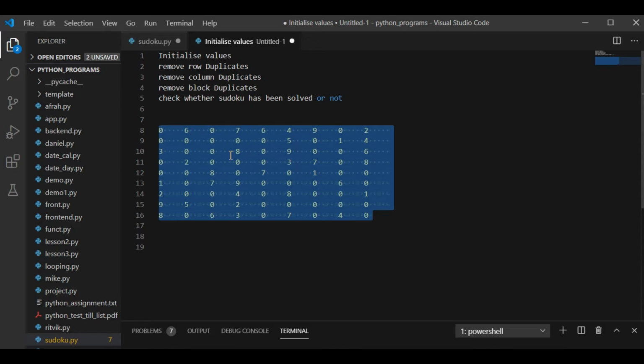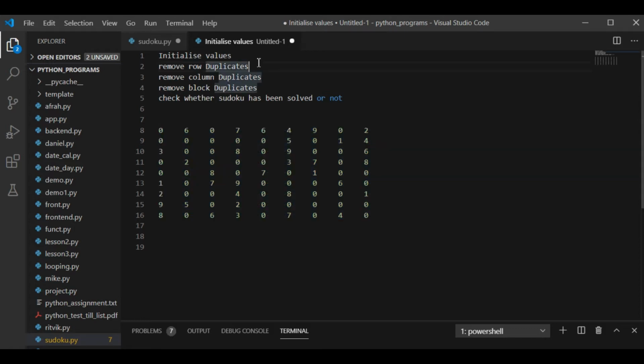Okay. So first of all, we are going to create a subroutine or a subfunction where we are going to initialize the values. What do I mean by that? I'm going to put all the values ranging from 1 till 9 in all the places where I have an entry 0. Because I don't know whether 1 will fit into this place, 2 will fit, 3 will fit. I don't have any idea. Every time the user can change the input, so I cannot develop my program based on this particular input.